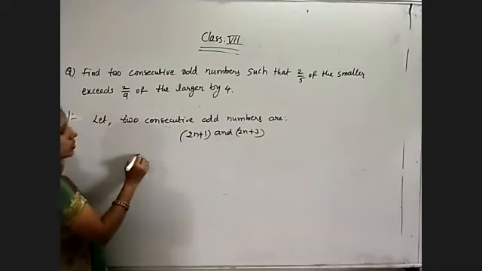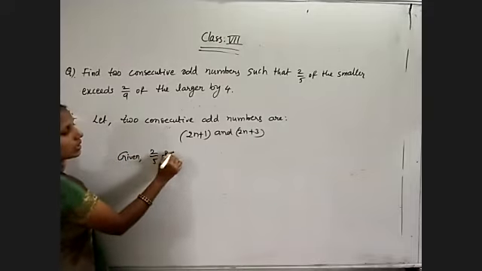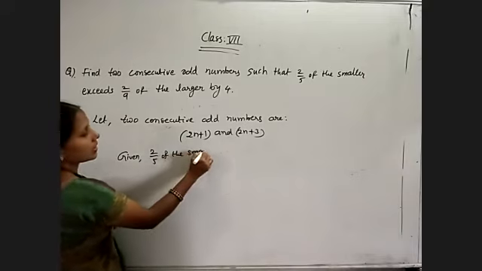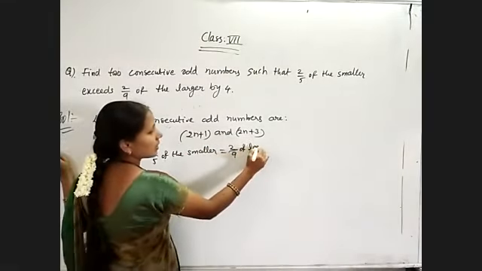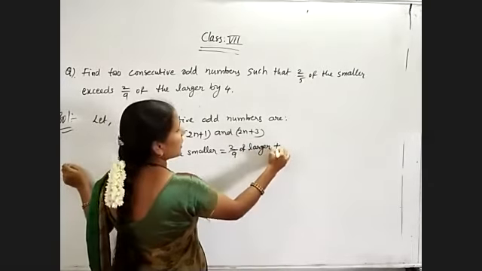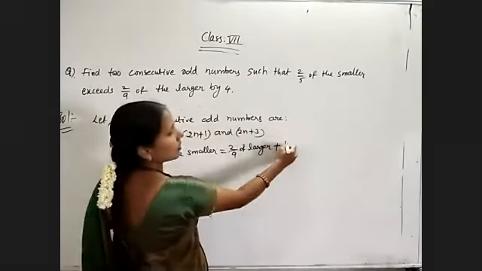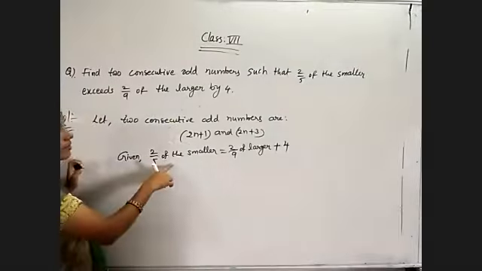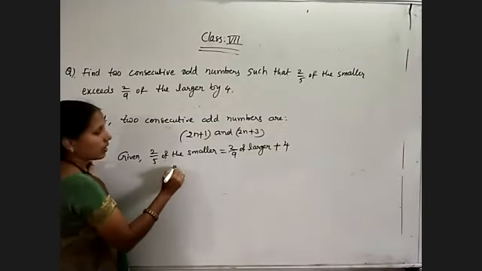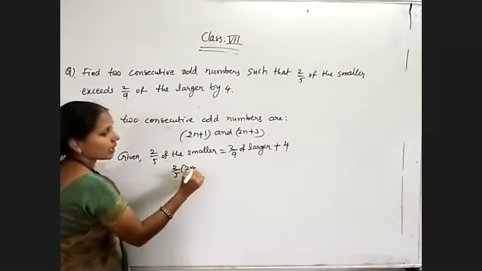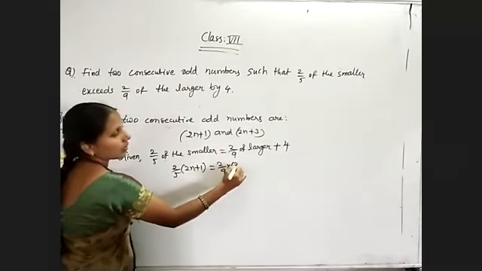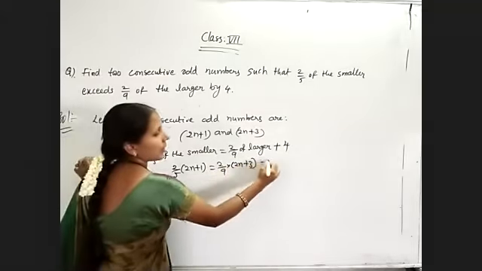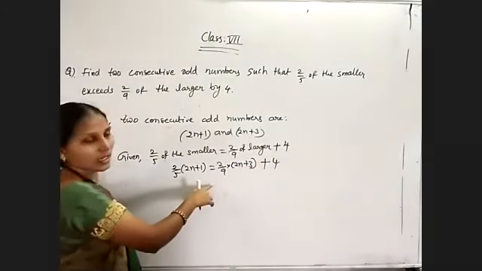So given, 2/5 of the smaller is equal to 2/9 of the larger, exceeds means plus, by 4. That's all. So 2/5 of the smaller number, which is 2n plus 1: 2 by 5 into (2n plus 1) is equal to 2 by 9 into (2n plus 3) plus 4. So this is completely one term. Now